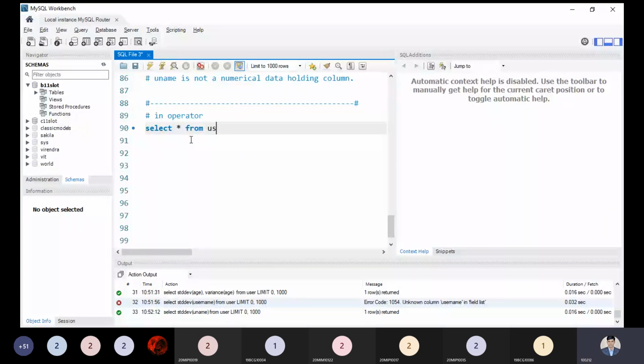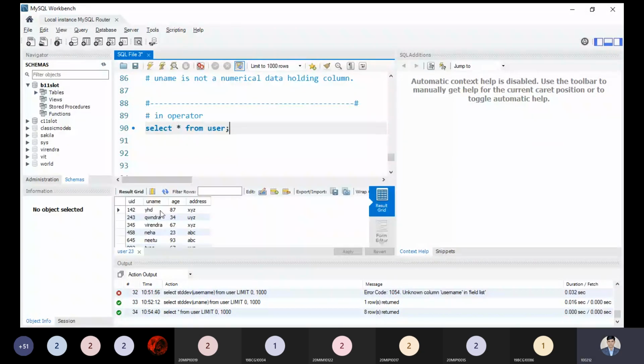From this table, you can use any one of the columns. The in operator is treated as a searching tool. Basically, it is used to search some data, nothing else.